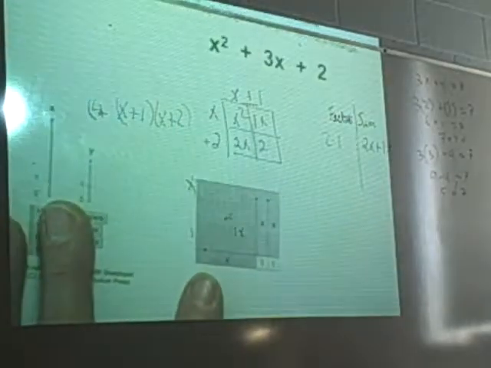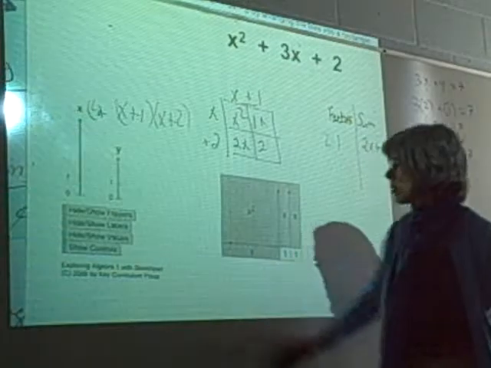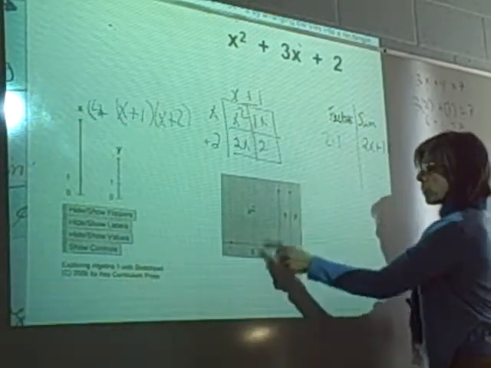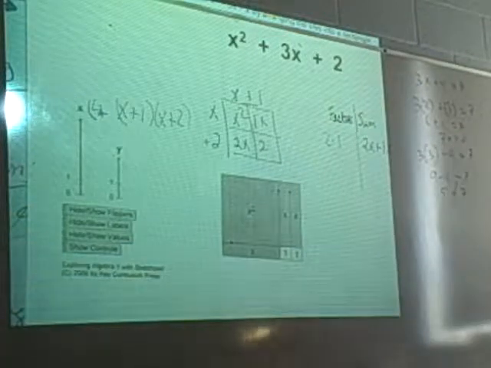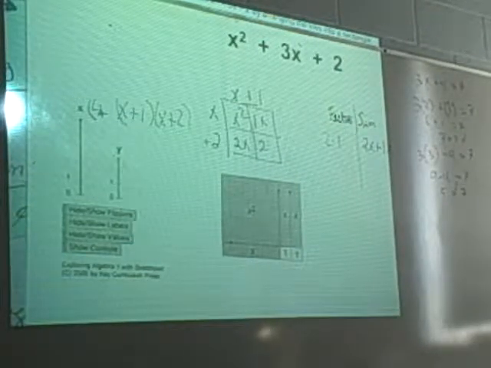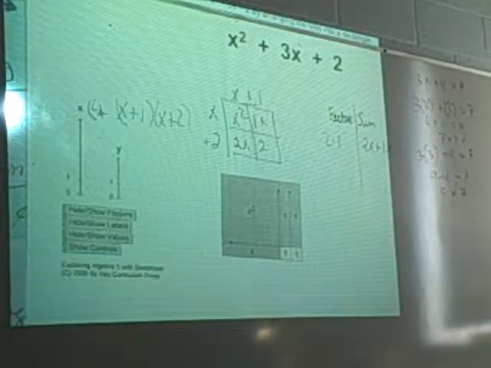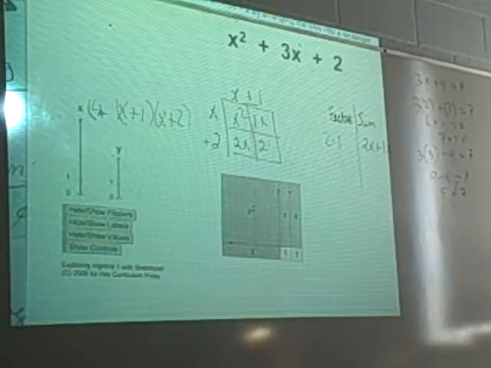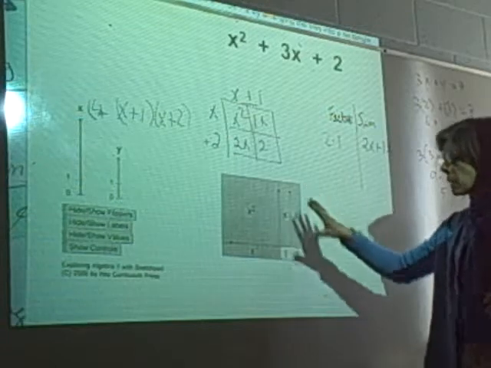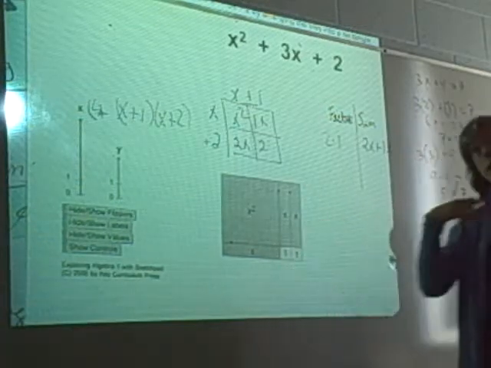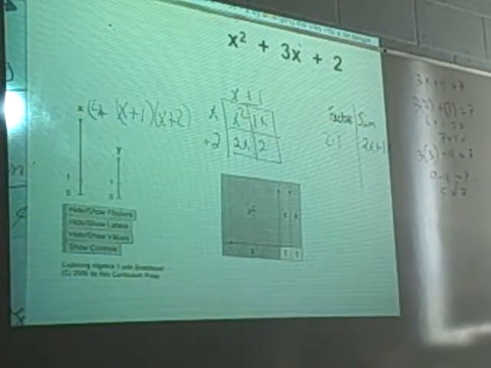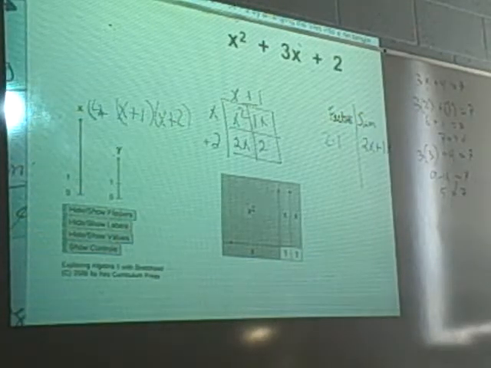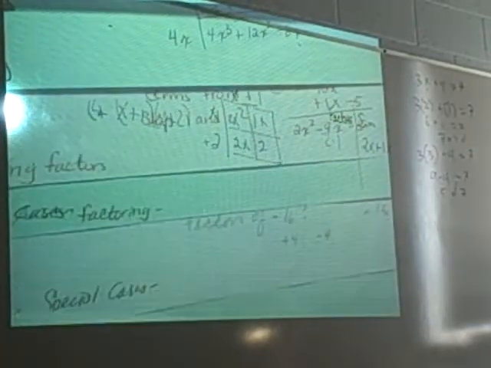I can put it over here. So here is x squared plus 3x's plus 2. The area model, I can only use that if I have a rectangle or a square. And that's what we're always going to be doing, either making a rectangle or a square. We're going to be doing something next week called completing the square, which is why I'm taking the time to make sure that you understand this, because once you understand the idea of this rectangle, making it into a square will make sense to you. Anybody have any questions on that? All right, so then, why don't you open up your packet